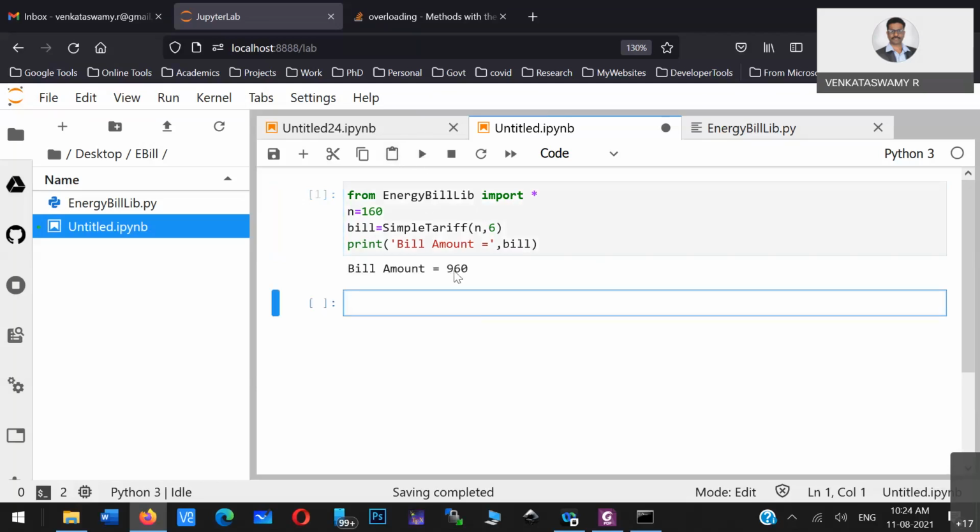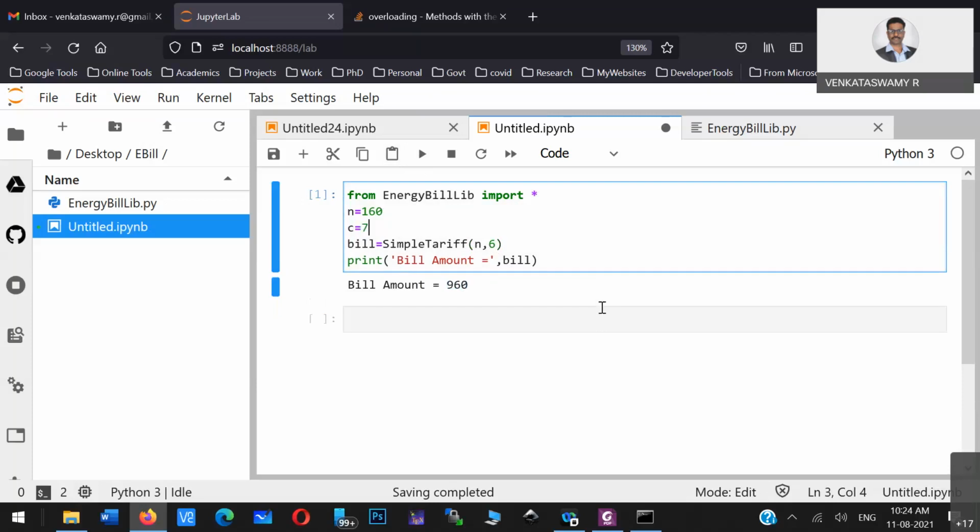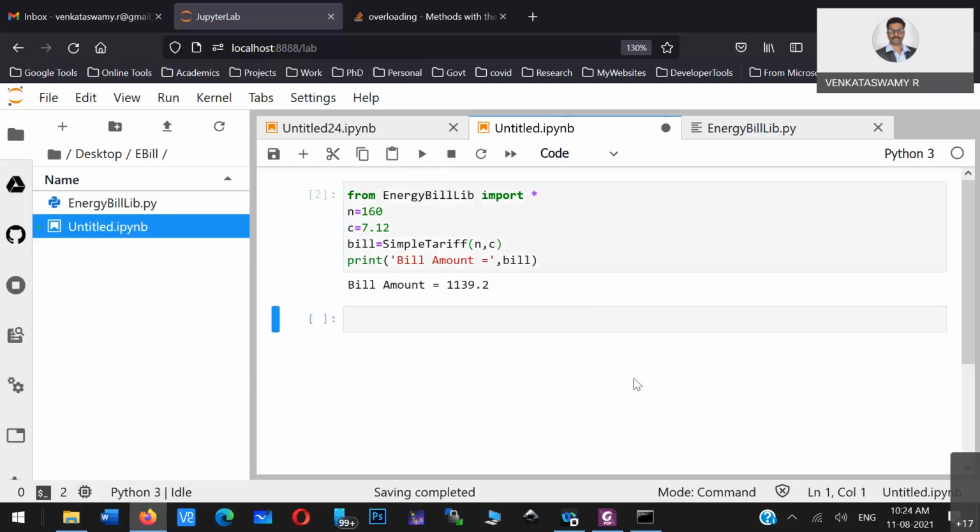So when you run this one, it does the same thing. Now this is the simple code. You can see this program, within 4 lines you can finish your work. So now let us go for the advanced version.